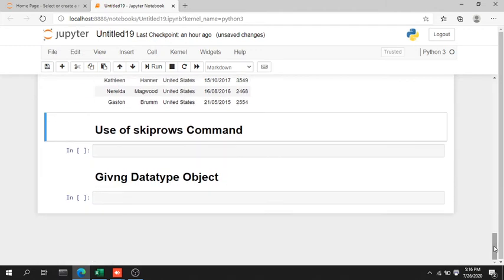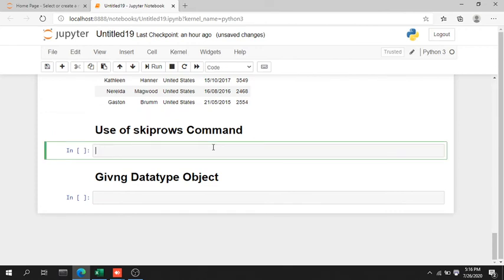So let me move ahead and use another very important and very helpful command, that is the skip rows command. Now let's suppose you don't want all of the information, you don't want all of the rows. What you can do is skip certain rows so that you can compare 1 or 3 or 2 rows, whatever type of rows you want to compare. So you can use the skip rows argument. For this we have to name all the columns again, otherwise the above rows will be considered as the header. Let me show you over here.